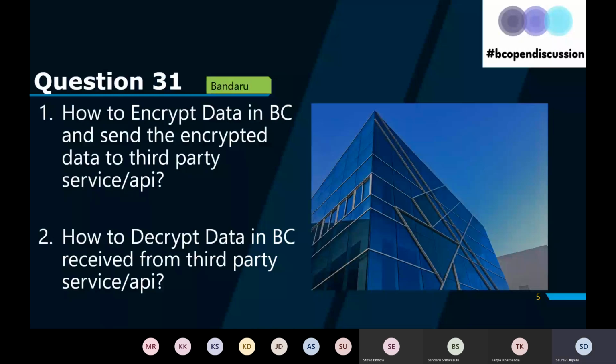So I did a little bit of research, and I understand that NAV or Business Central uses the RSA encryption technique. I guess that was your first question in the last meeting: what encryption methods are used. So it's RSA encryption, and that's around your key. That's how you encrypt and decrypt the data. So just to make it simple,